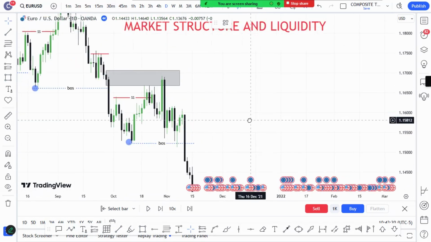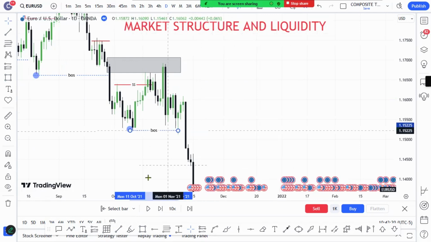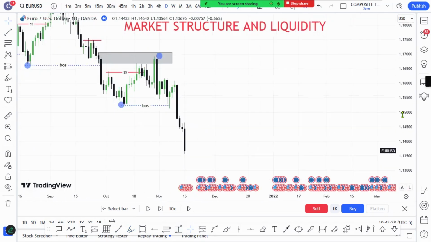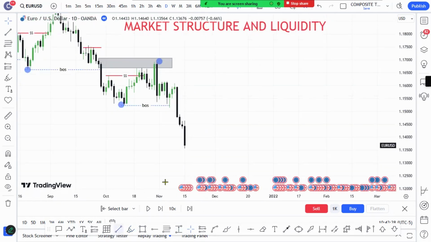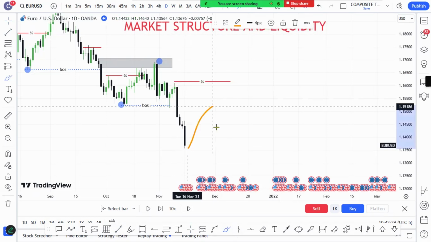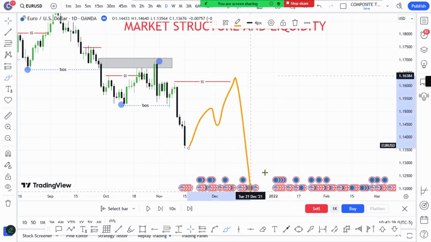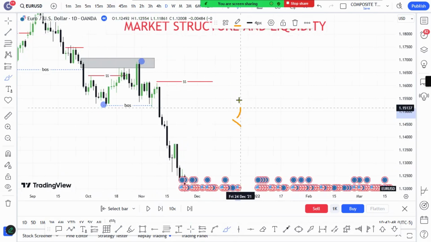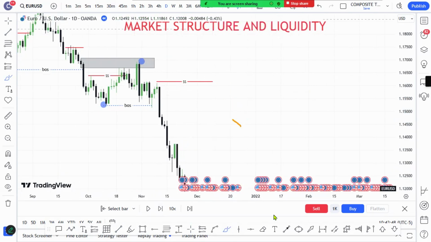Okay, we get a new break of structure. Once we get the new break of structure, this is our high, and we need to look for our new liquidity level. Where do we get our new liquidity level? This particular high, the most recent liquidity that must be taken out for us to get a sharp sell. At least price goes higher, collect all the money, then we should look for sells. Now, let's see what is happening here. Price failing to take out that particular level, then this means that